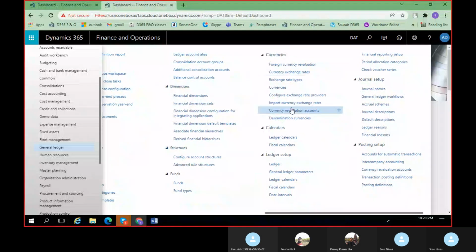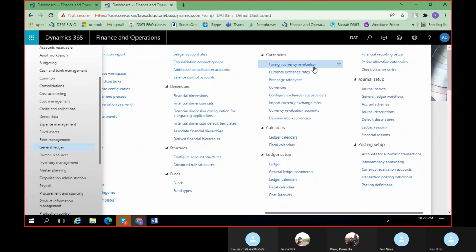Okay, so once you configure all this, currency, ledger, everything, because under currency, under accounting structure, you will have to define the currency as well. In order to configure the currencies, if you are doing business in multiple countries, you'll have to configure all those currencies and the exchange rate types, like how many types of exchange rate you are using, like average or multiple budgeting, or any tax related, accounting related, accounts receivable related. For example, if you want to configure anything related to accounts payable, you will have to define that exchange rate.